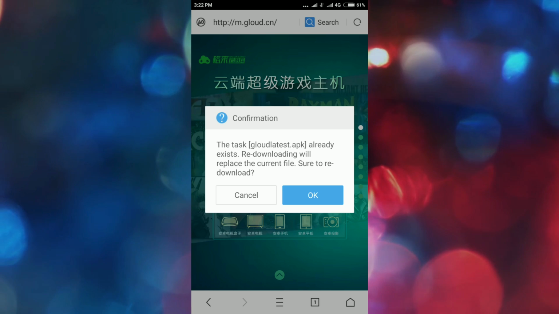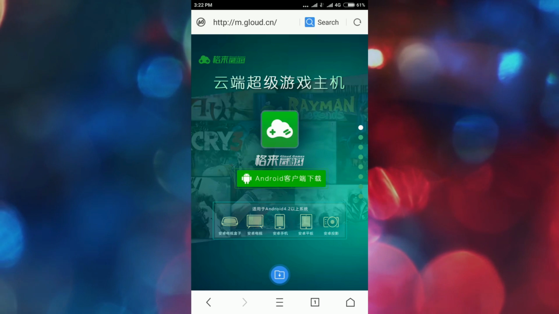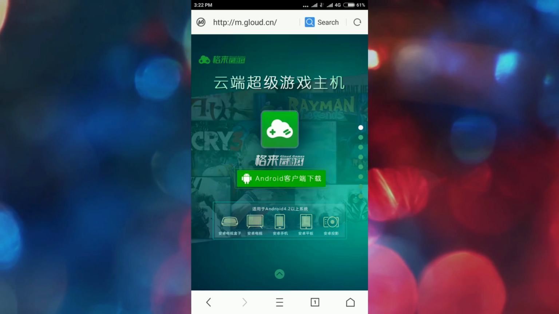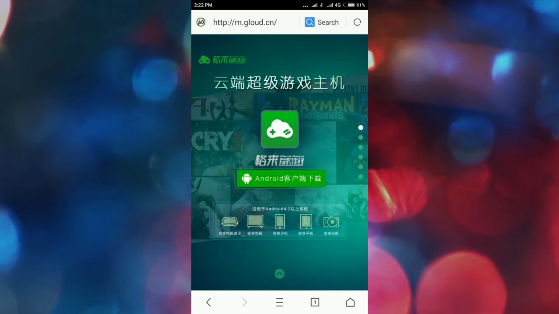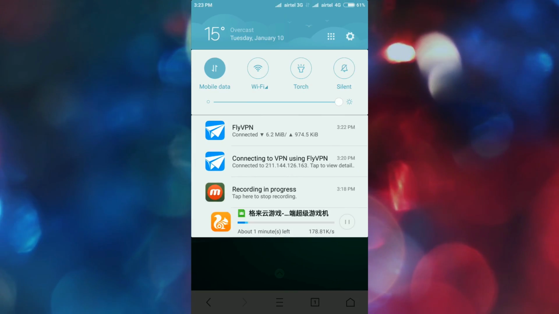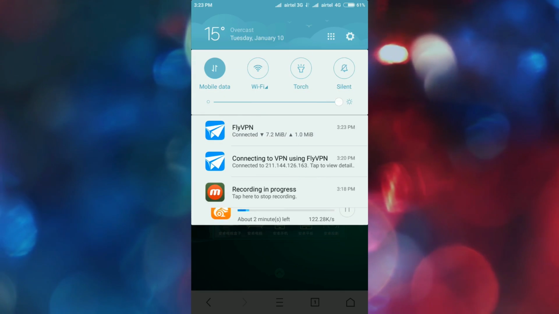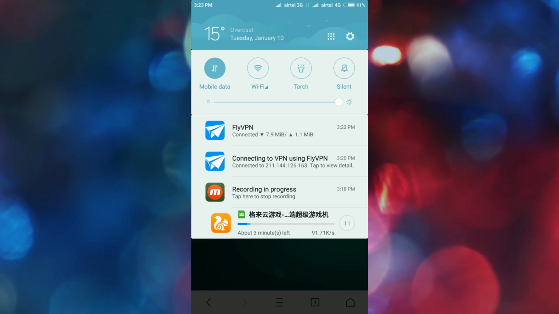Well, I am using the UC browser because UC browser is much better for downloading apps and larger files. So you can also try the UC browser if you haven't, so you can install it and try it. So now I'm going to download this app. But now you are thinking why I told you to connect to a VPN for downloading this.